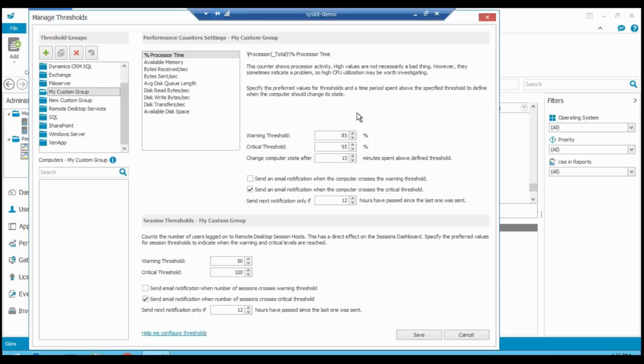But you might have something specific, and you might want to create something for a CPU that's going to alert you as soon as CPU goes over, let's say, 40%, and it's going to be critical as soon as you go over 50%. So you can configure any of the performance counters that we are currently monitoring, and you can adjust them to match any need that you have. The only thing that you need to do when you do that is just add servers to that group,